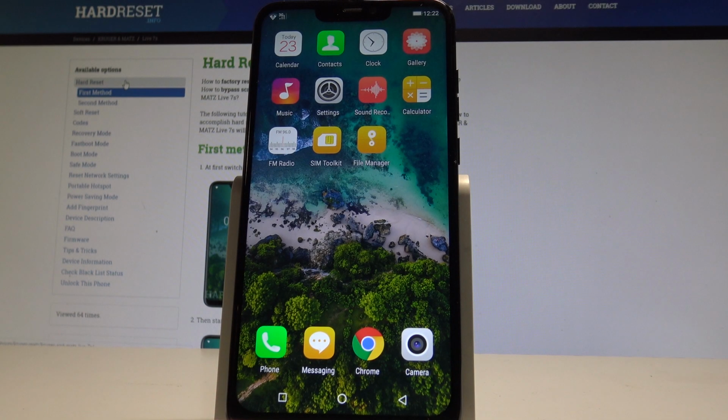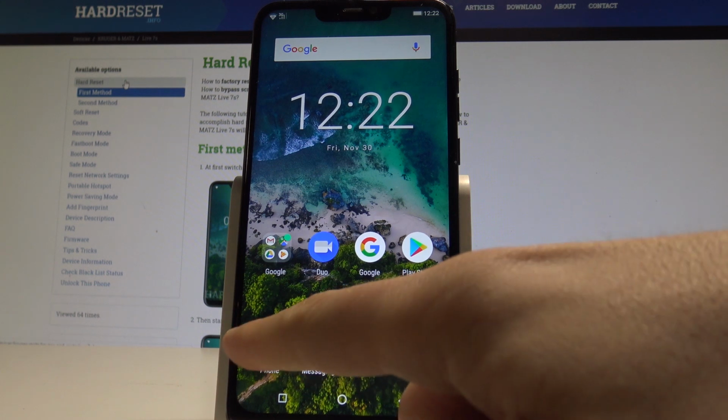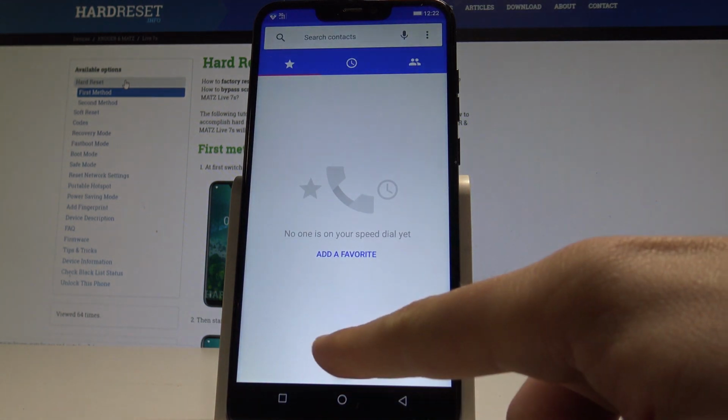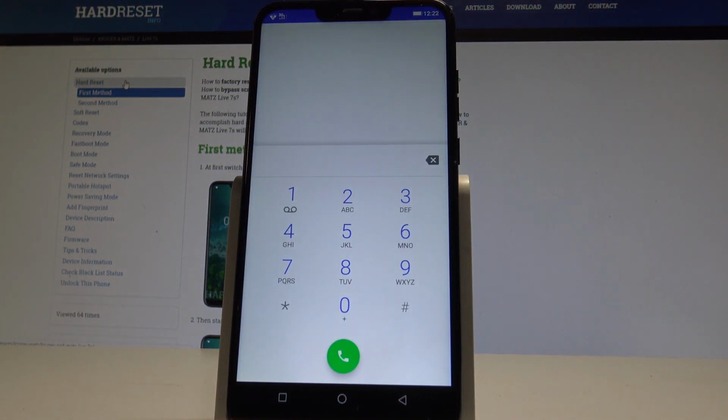I have KRUGER MATZ Live 7S, and let me show you all the secret codes for the following device. So at the very beginning, let's start by using your home screen. Let's open the phone dialer right here and let's activate the keypad. Now let's start with the first secret code, so let me open the phone information by using the Android testing